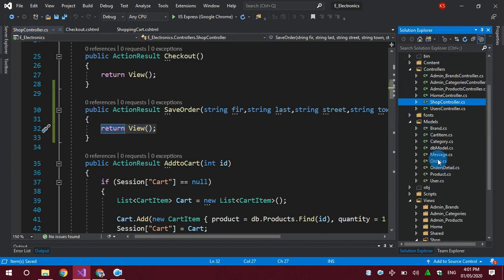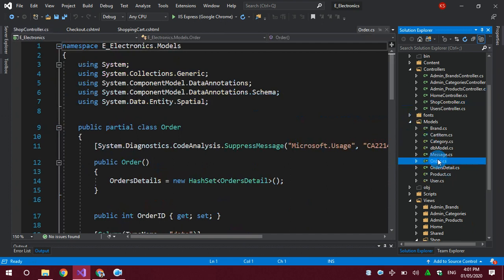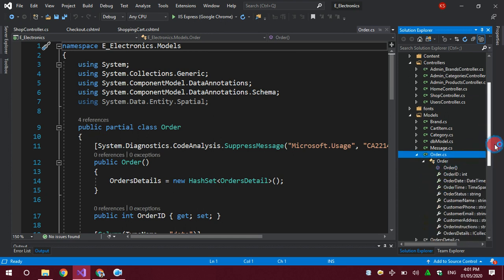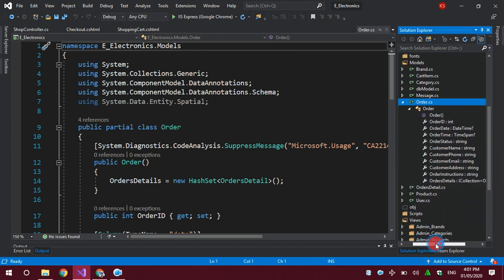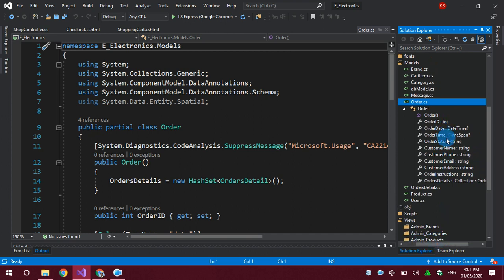For saving the order, I have the main order table, which will save the basic information of the user. It has many columns, for example order date, order time, order status, customer name, customer phone, email, address, order instruction, order detail, etc. Okay, this is a static thing.